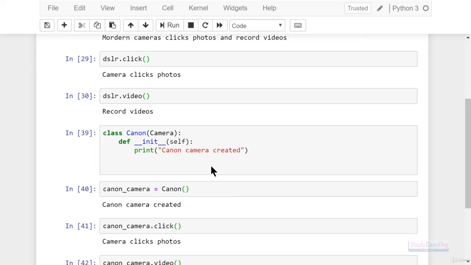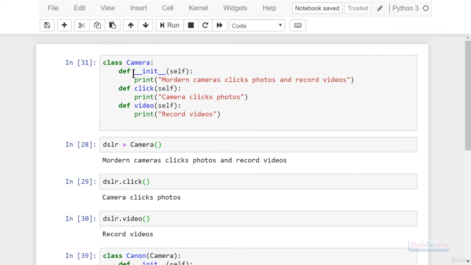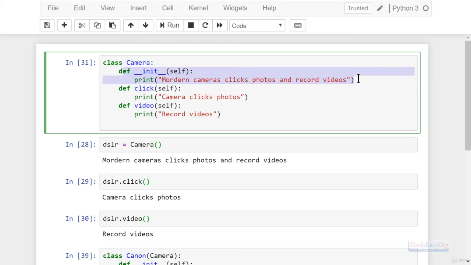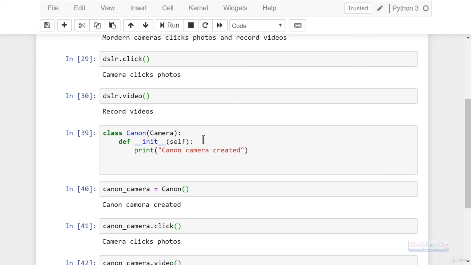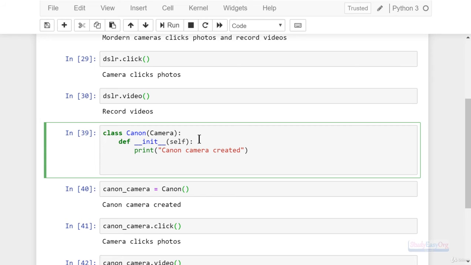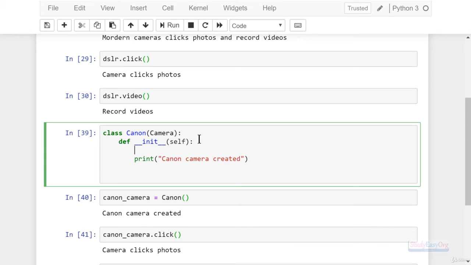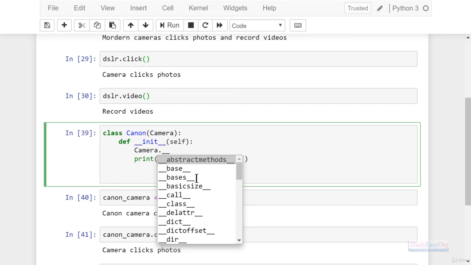Now friends, whenever we inherit from a parent class, it is a good practice to also call the init method of the parent class, right? In the init method, there might be some initialization, some business logic which we implement. As a result, there is yet another best practice to call the init method of the parent class, and the way is very simple. We will make use of the name of the class, which is camera, and in here we can call the init method. So it would be like init,